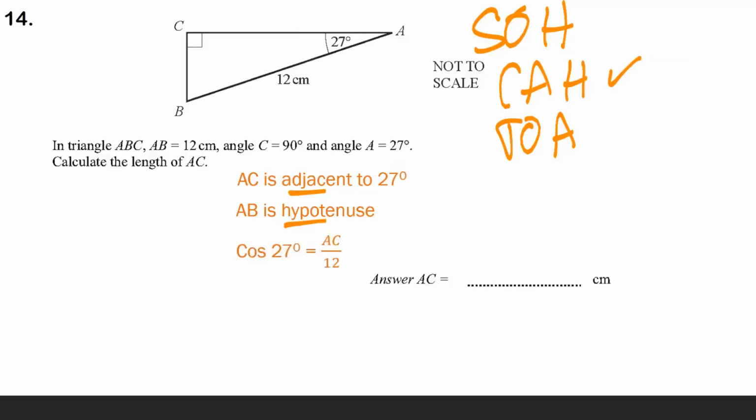Cosine 27 equals AC over 12. Then cosine 27 times 12 is equal to AC. Use your calculator to find the value of AC. AC is now 10.6920, rounded off to 10.7